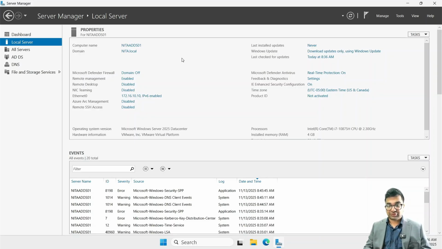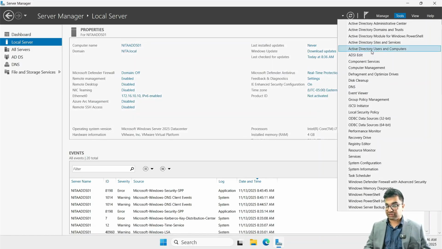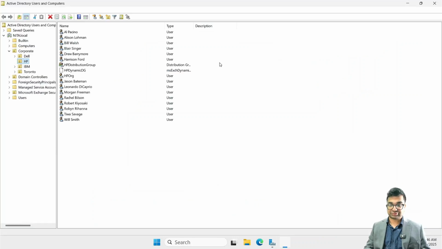Now in this lab, we'll be talking exclusively about configuring and verifying permissions that we set up. First things first, I'll navigate to my NITA ADDS01 right here. I'll click on Tools, Active Directory Users and Computers. And under the corporate OU,